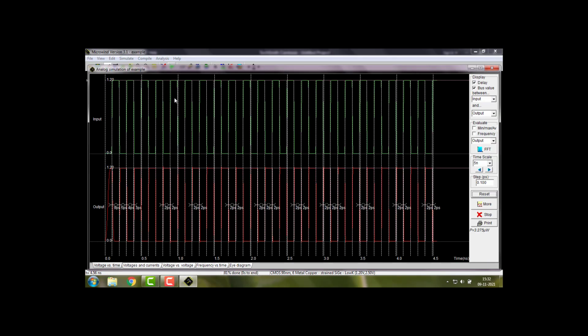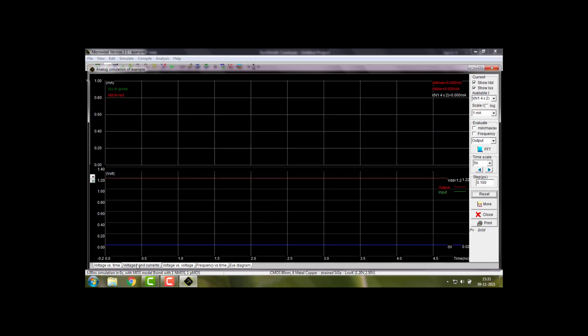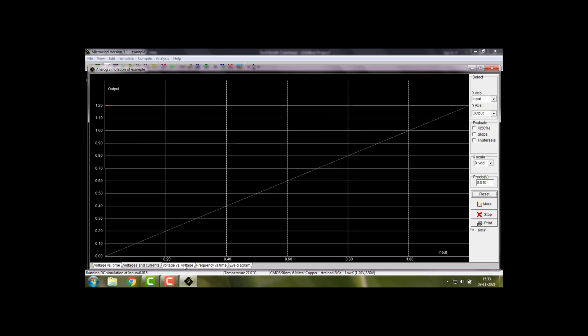Then let's see the output now. It must give equal rise and fall. Yes, you can see now. We are getting equal rise and fall time, that is 2 picosecond and 2 picosecond, from 0 to 1 and 1 to 0. The other diagrams you could see, which is very important for you, are input output characteristics, which we studied.